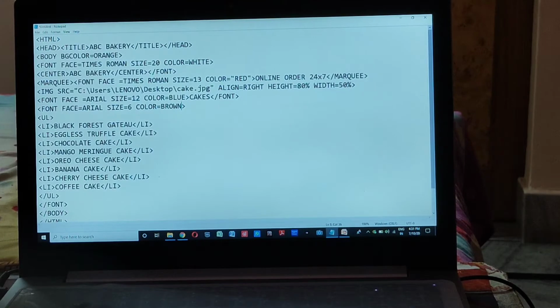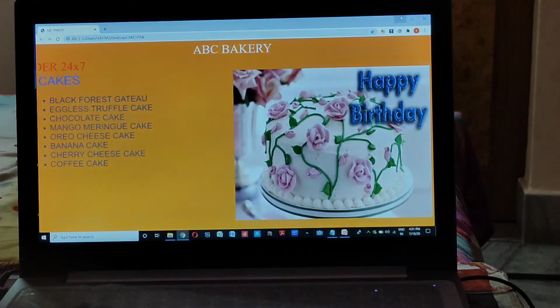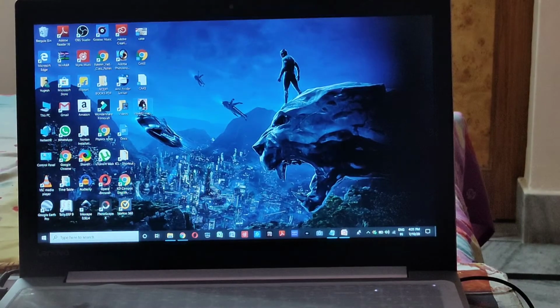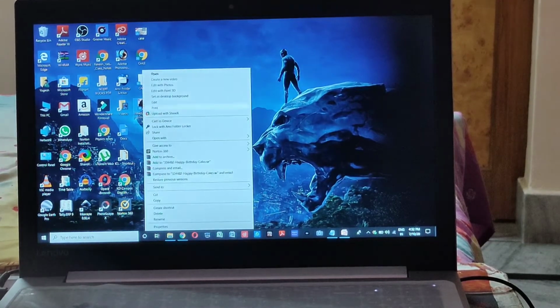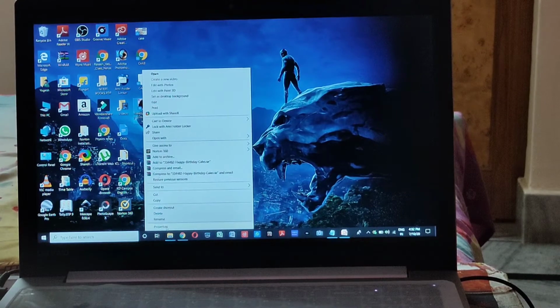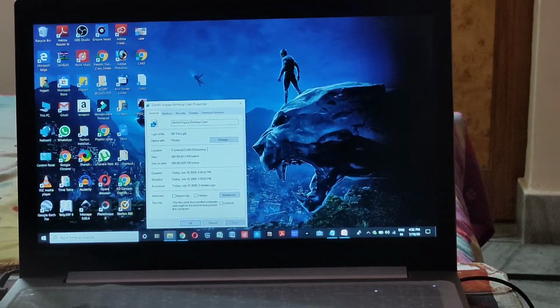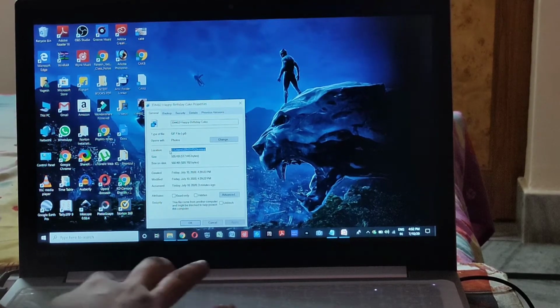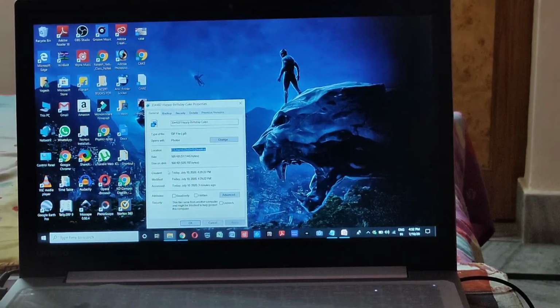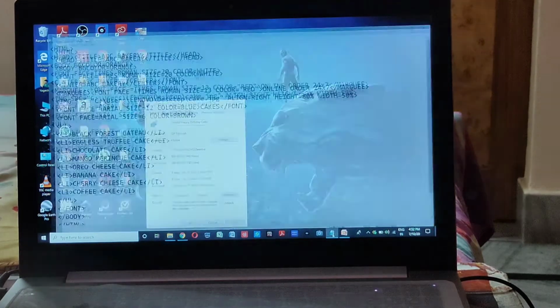After this you want to insert an image. Now I am going to tell you how to insert that image. First thing is you have to click on that image where you have saved. This one is the image. Right click on this image and you have to click on properties. When you click on properties, you will get the location part here. Location, right? First you have to copy this location from here. Then Ctrl+C. Then again go to your notepad page.